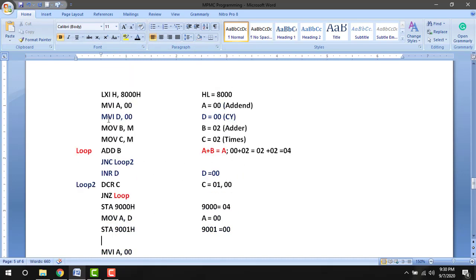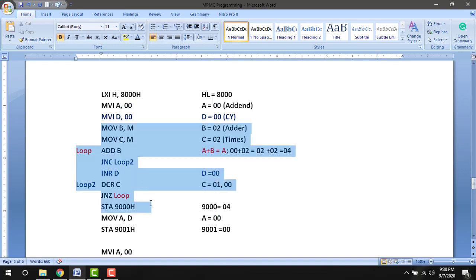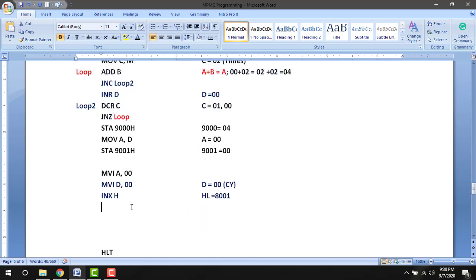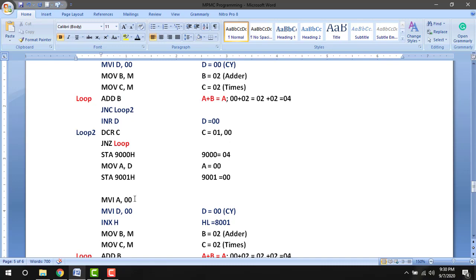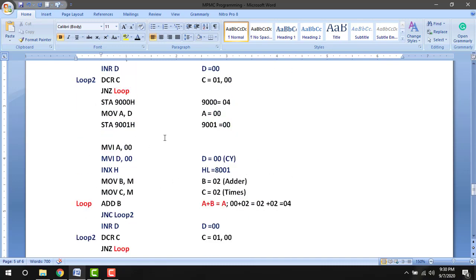Okay. Next we can copy this program. So accumulator 00, for D register for carry is equal to 00, INX H 8001.